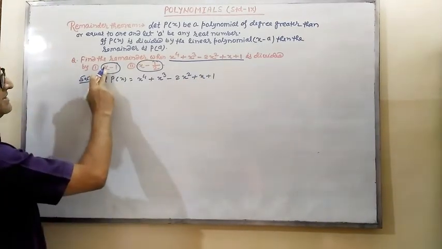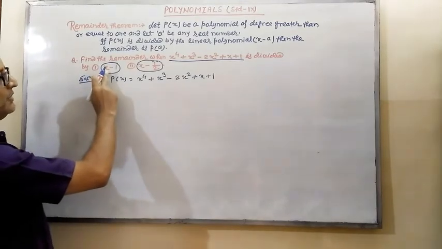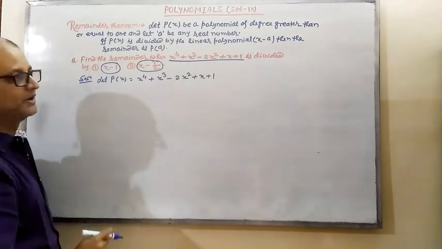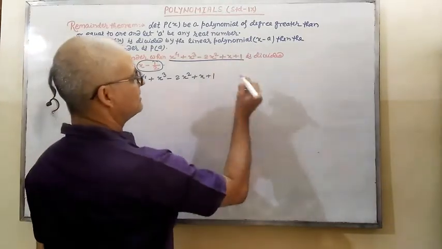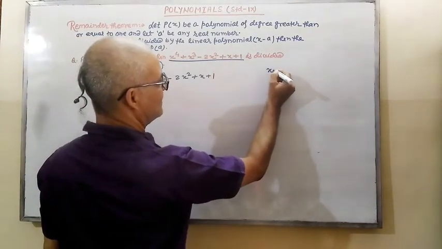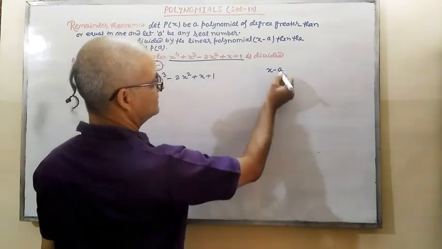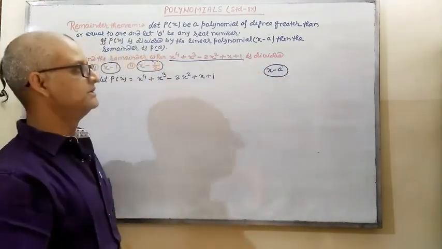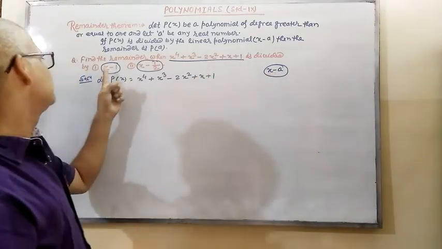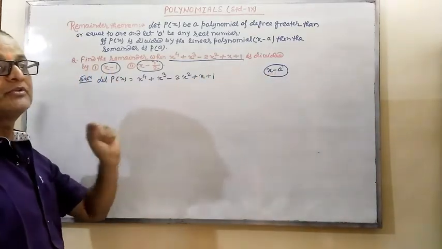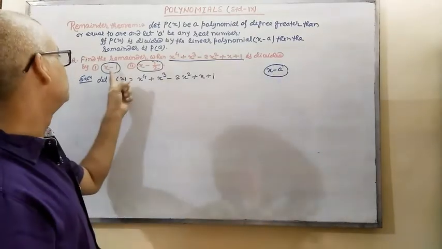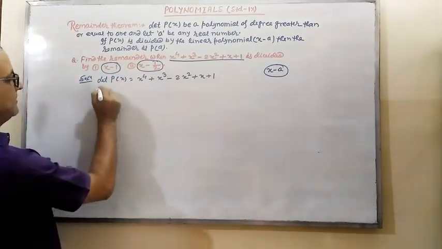The divisor is given as x minus 1. Our format is saying when the divisor is x minus a, this is the format of the divisor. So here it is given x minus 1. It means the value of a is 1. So, remainder is equal to